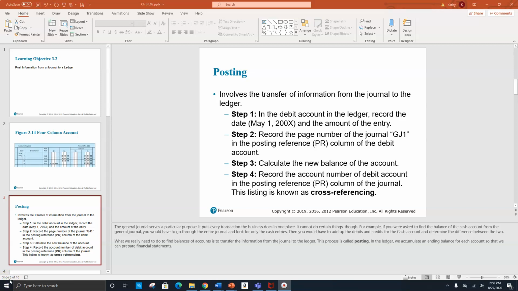So posting involves the transfer of information from the journal to the ledger. Step 1, in the debit account in the ledger, record the date, May 1st, whatever year it is, and the amount of the entry. Step 2, record the page number of the journal, so General Journal, page 1, in the post reference column of the debit account. Step 3, calculate the new balance of the account. And step 4, record the account number of the debit account in the post reference